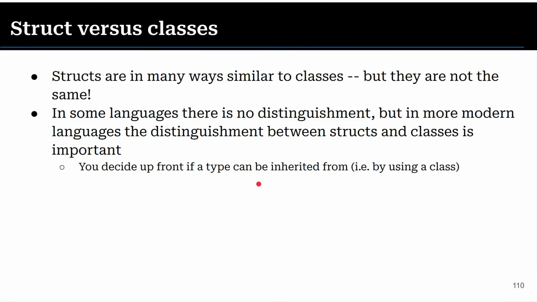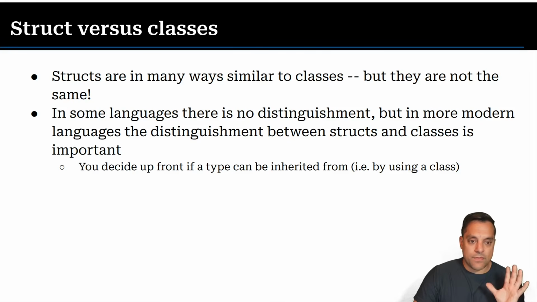Classes and structs are different. Structs are basically value types by default, and classes otherwise have reference semantics. So some of this stuff goes back to way earlier in the class when we learned about pass by value, and what that means, and how we would do pass by pointer as well. So the semantics of the actual data structure when you choose them matter. So structs are these deterministic structures when they're allocated on the stack, where we know when their constructor and destructor will be called.